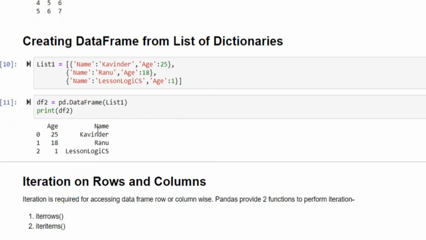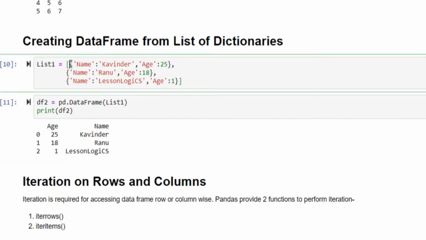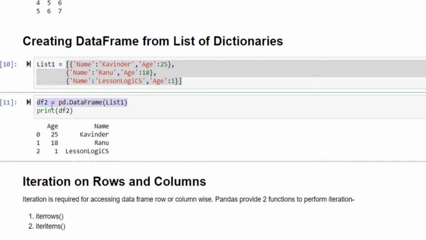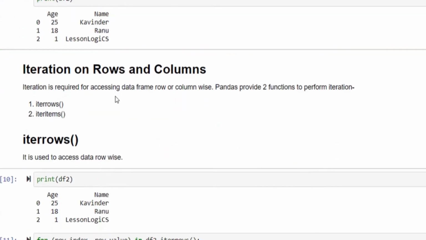So we'll have dictionaries with particularly two elements, and multiple dictionaries will be a part of a list, and that list will be used to create a DataFrame. One key will be one column and another key will be another column in the DataFrame.